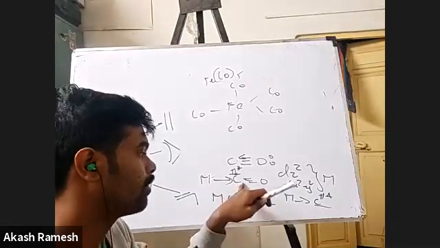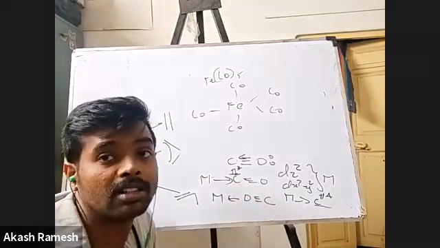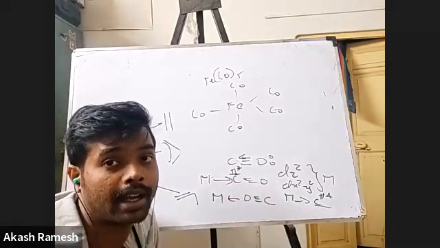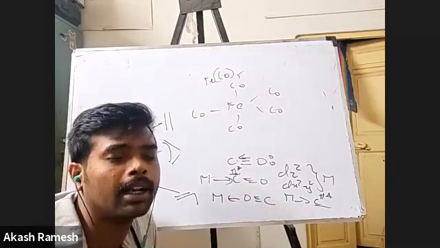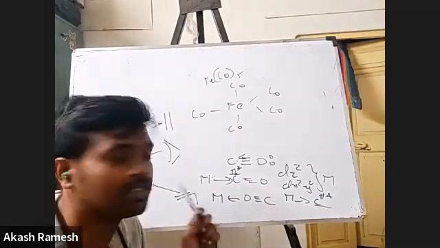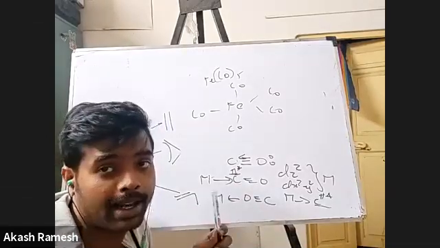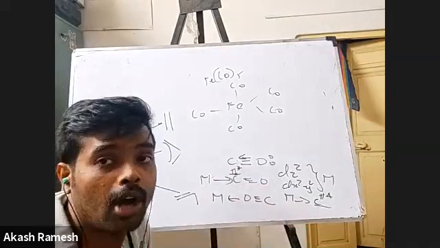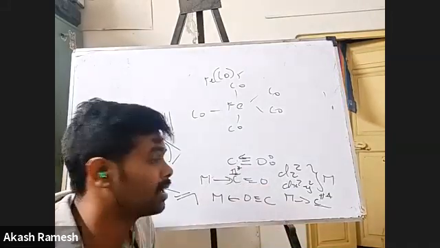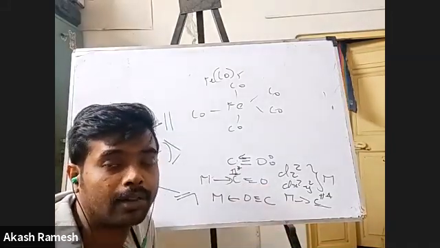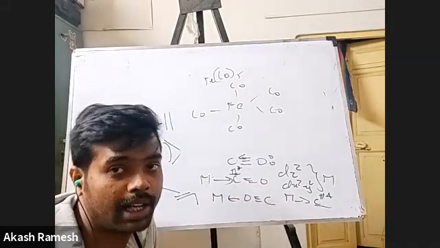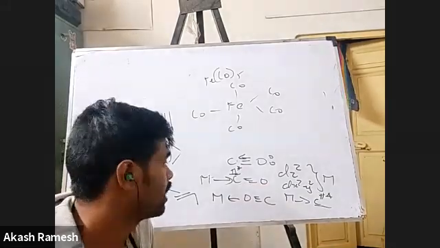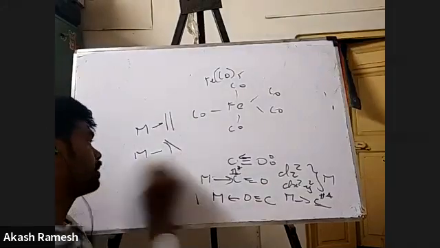We saw the very reason that CO as a ligand is a very strong ligand, strong field ligand, right? It is for this reason only, because it can have both sigma character as well as pi character. And again, that can be of two types. It can be either from metal to carbon or from carbon to metal, right? It depends what kind of electronic configuration I'm going to have for the metal. Okay, so looking at the stabilities,